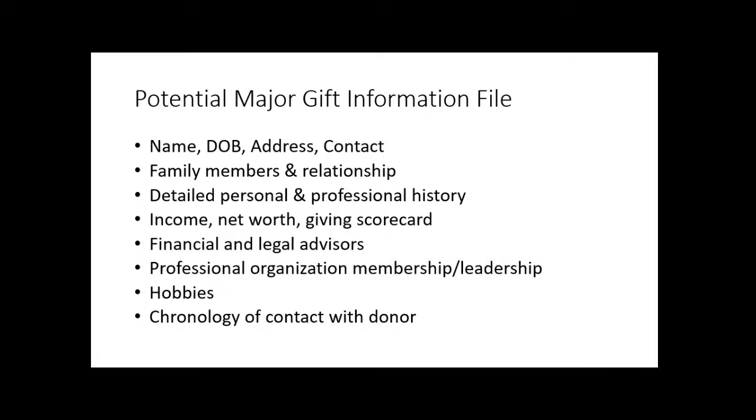Get detailed personal and professional history. Understand their income, their net worth, their giving scorecard. And there are ways you can buy this information and get major credit information about your donors. That can be purchased. But oftentimes we find these things out as we learn to interact with people. We realize, well, they live in a neighborhood where all the houses cost more than $500,000 apiece. And so we might put estimated value of home $500,000 to $750,000. And that can be a discriminating factor that can help us as we think about asking them in the future. And I'll explain that in just a moment.